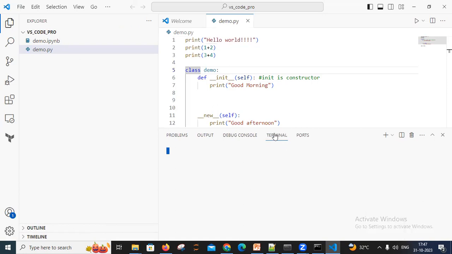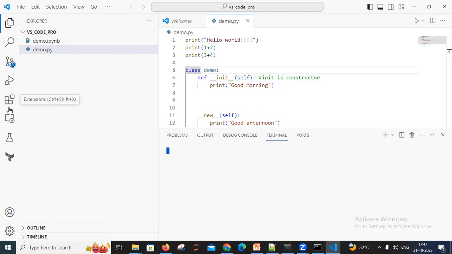And you can see the terminal will automatically open, right? And it will go into this prompt. So this is the first interface of Visual Studio, and you have to work on that. You can see that the terminal is there, and when it is executing, after that I can show you